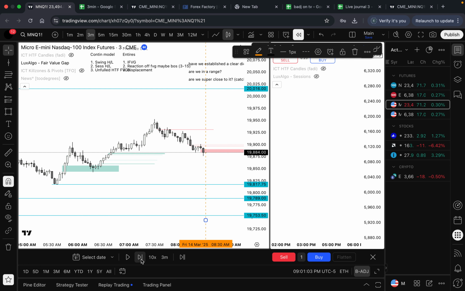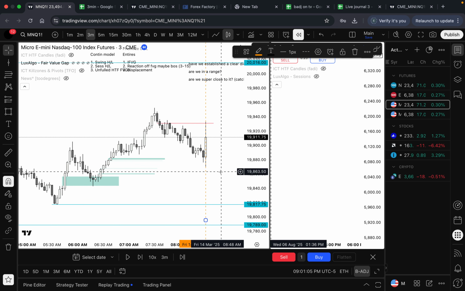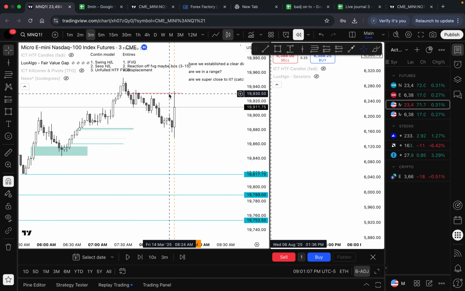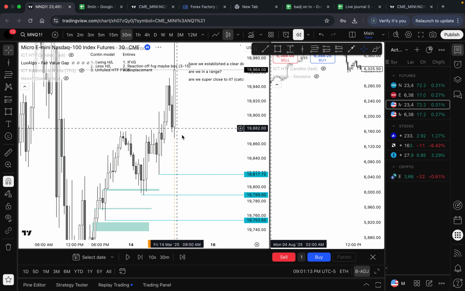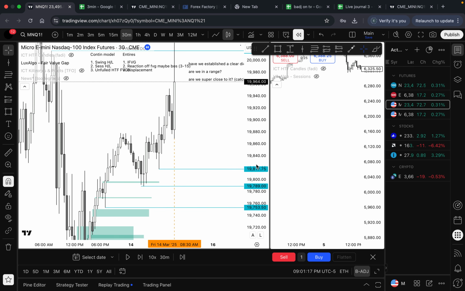Market open. Market open. All right, we fill that. I'm not gonna lie, I'm really trying to see. I don't remember. Okay, so the 1 hour was bullish, right? I think 30-minute was also bullish. I'm thinking the 30-minute might have... Okay, yeah, no. I'm not gonna try to scroll up.